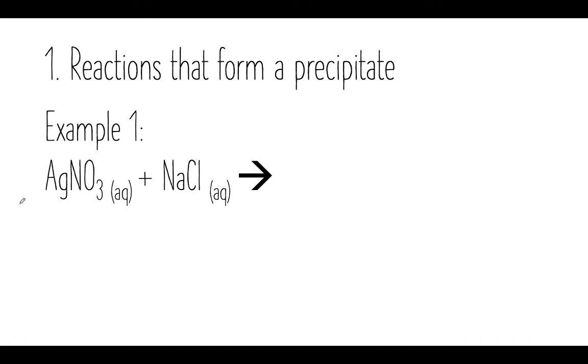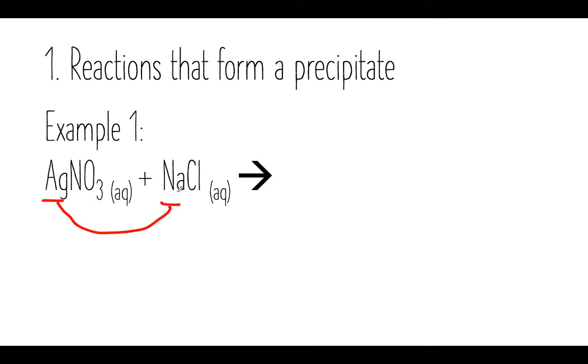I've got AgNO3, silver nitrate, plus sodium chloride. They're both aqueous on the reactant side. And what you want to do first is try and predict what the compounds will be, right? So remember, just as we saw in our general structure, you're switching one of the two. I like to think that we're switching the metals, but if you like to think that we're switching the nonmetals, that's fine too. So now instead of Ag being linked to nitrate on your product side, it's going to be